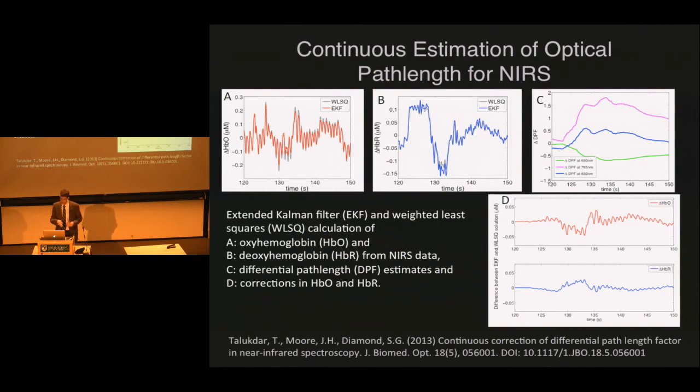So this has been a series of techniques, algorithms applied to looking at the spatial characteristics. But again, these are dynamic signals. The neuronal activity is unfolding on a millisecond time scale. The hemodynamic, those blood signals, are unfolding maybe on a fraction of a second, maybe a few hertz. You captured the cardiac rhythms, and then some. Most of the hemodynamics of the brain function are a little slower, so a few seconds, and you've sort of captured those dynamics. So we've also developed a series of algorithms to more accurately extract information from the near-infrared spectroscopy